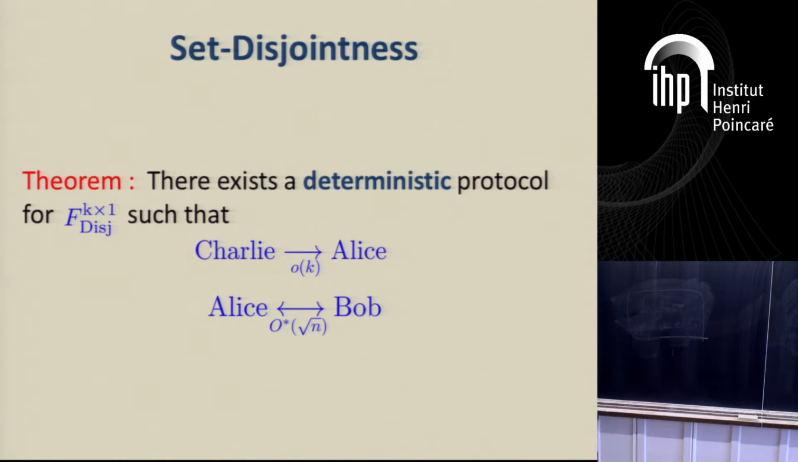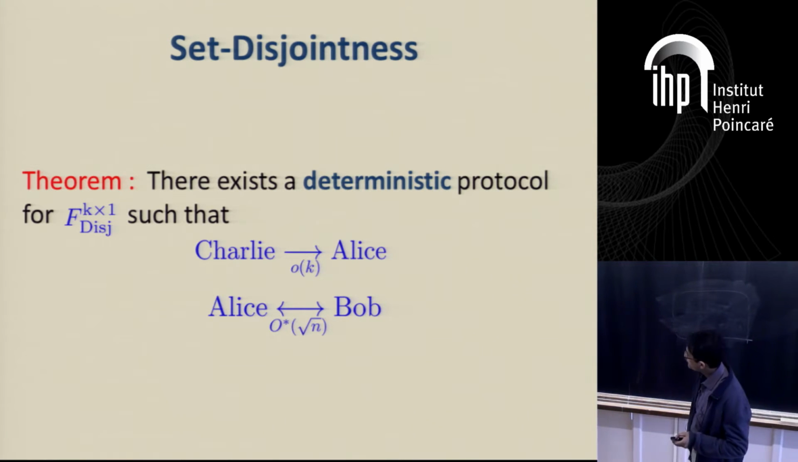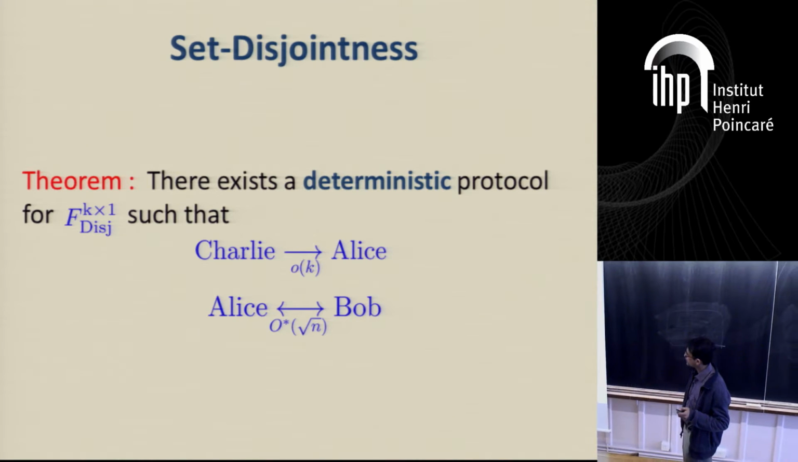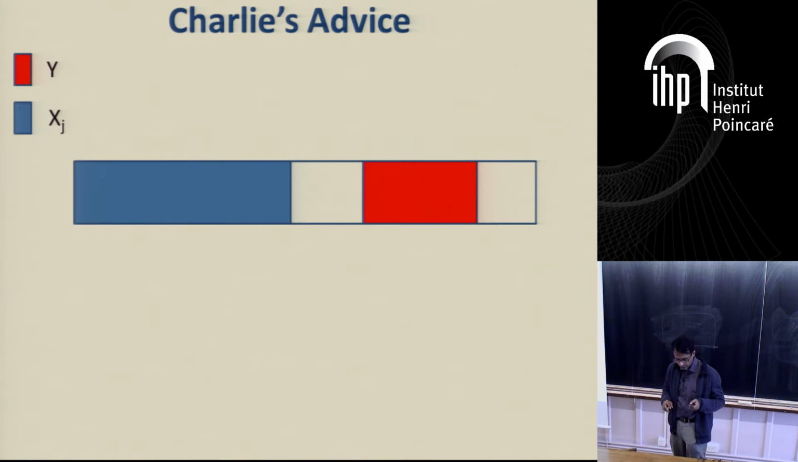Sorry, this would also be square root of n. I said it wrong. Okay? My bad. But it will be little o of k, and then Alice and Bob can. So even for set disjointness, the strong form of Patrascu's conjecture is not true, and I want to convince you